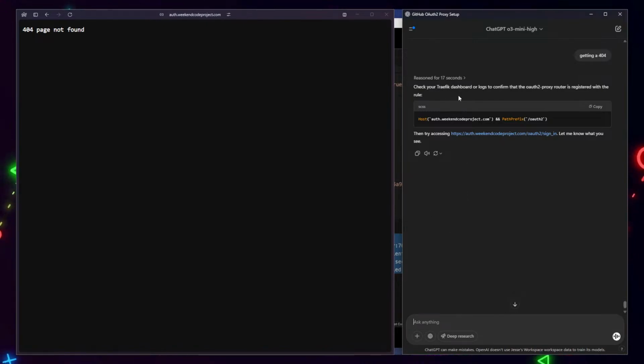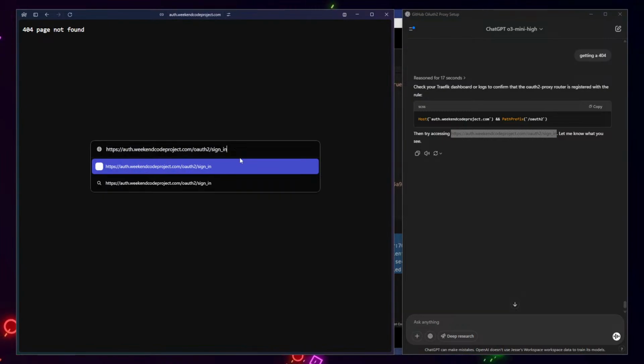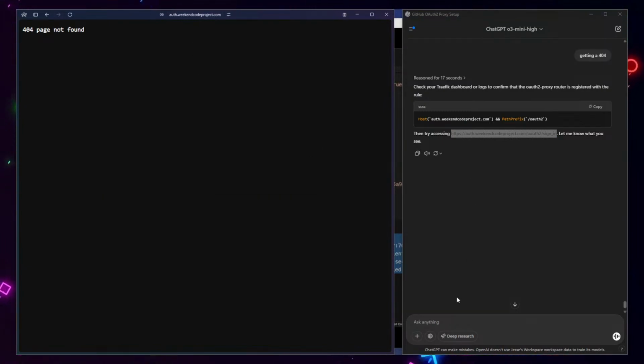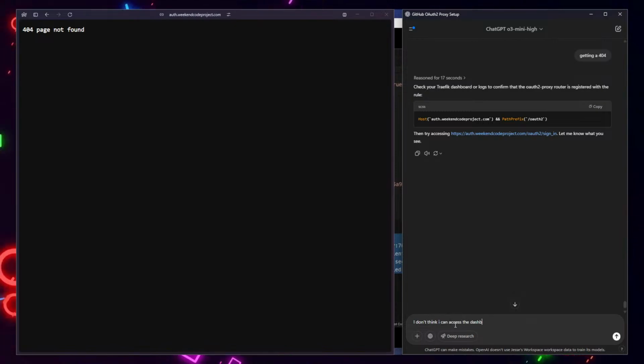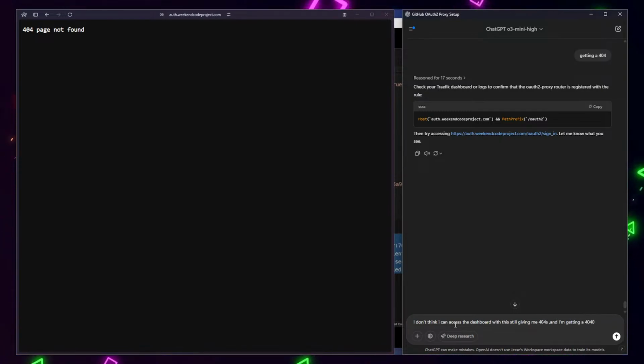So now check your Traefik dashboard or logs to confirm. I don't think I can hit this. I don't have the thing. I don't think I can access the dashboard with this still giving me 404s, and I'm getting a 404 at